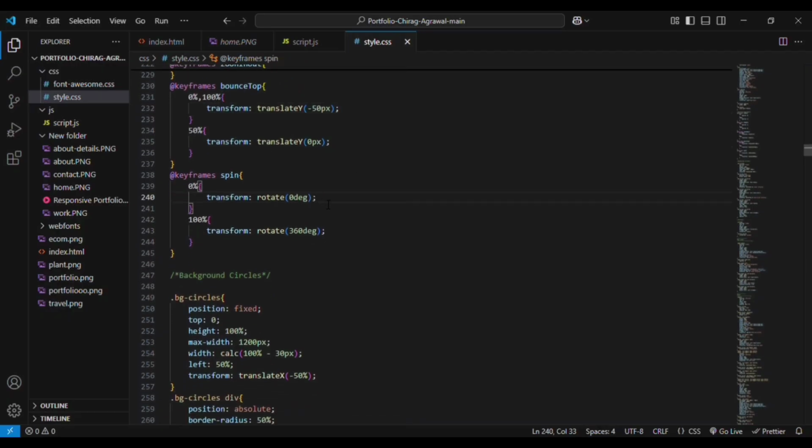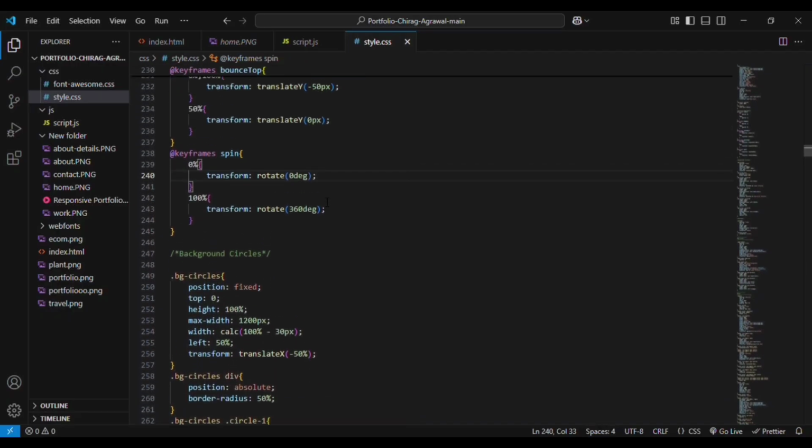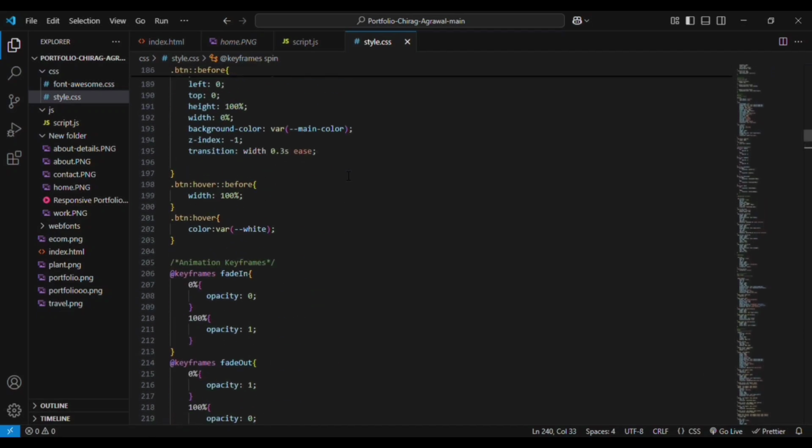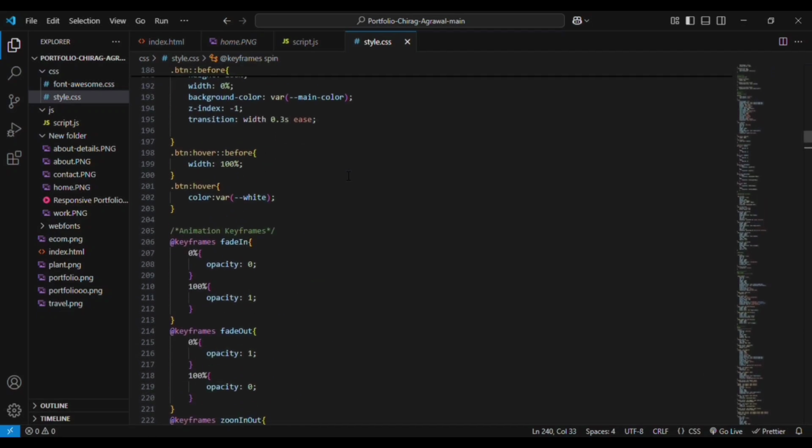So I'm going to use these keyframe values directly here. Then we will be able to see these values. You can see here width is given here. So